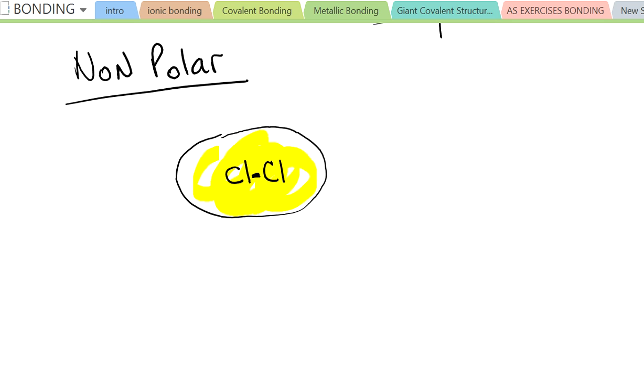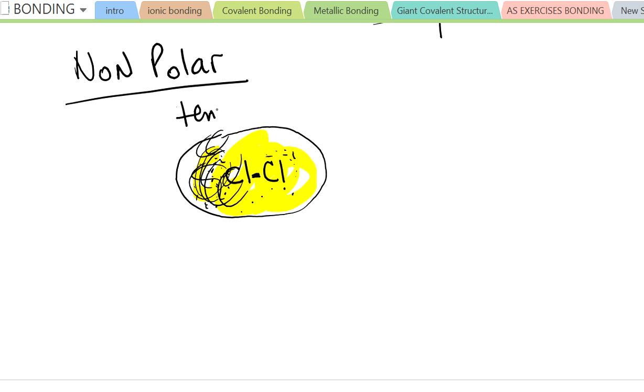So for fractions of a second, maybe, some of these electrons that are evenly distributed are going to begin moving or standing near this chlorine a little bit more. What happens is going to form what we call the temporary